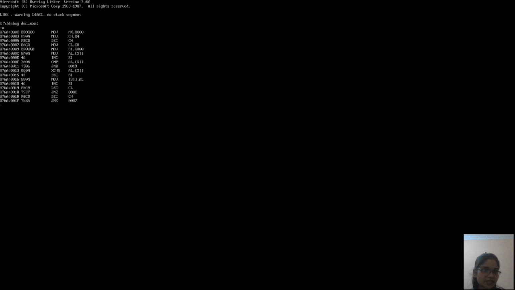So you can see here the next address for the next instruction is 076A:0003. This 076A indicates the segment and 0000 indicates your offset address or memory location. In the next column, it indicates the hexadecimal digits of your instruction.